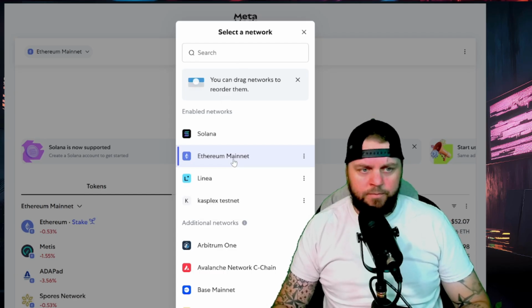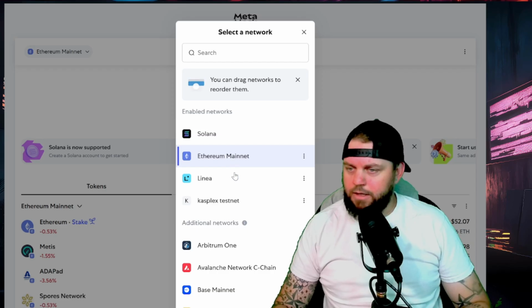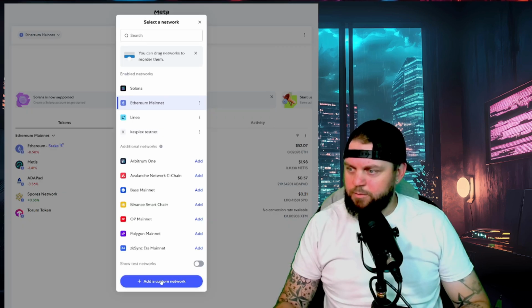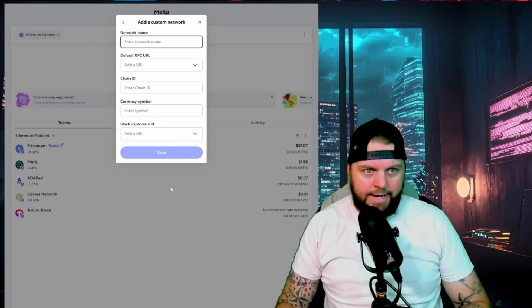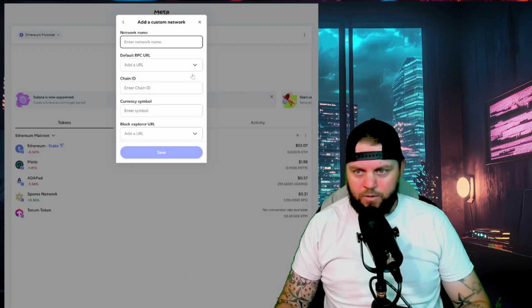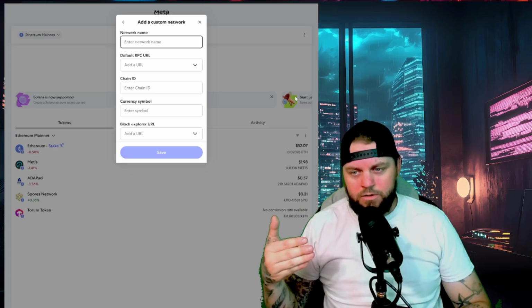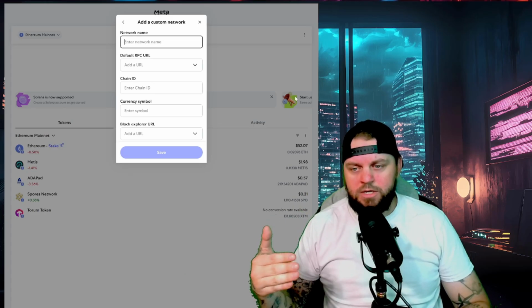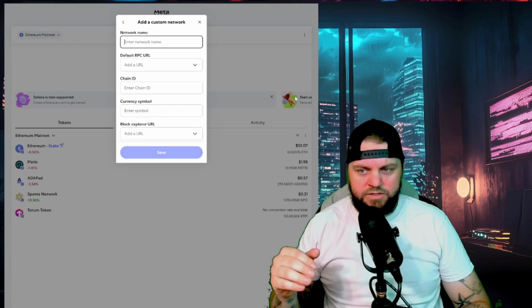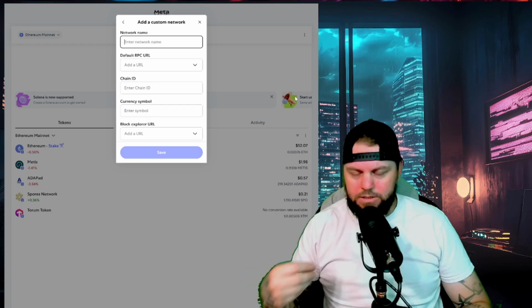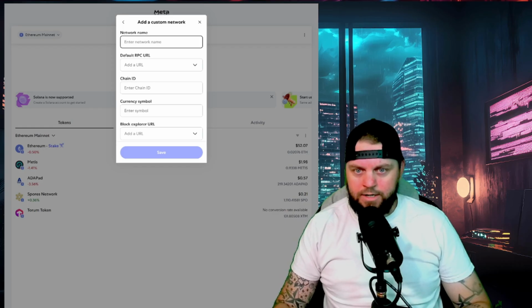And what you want to do here is actually add a custom network, and you can see that right down here at the bottom of this drop down menu of networks. You want to click that button to add a custom network. Now all of this information is going to be in the description below as well, so it's going to make it very easy for you guys just to copy and paste everything into these boxes, and the Casplex testnet network will be set up on your